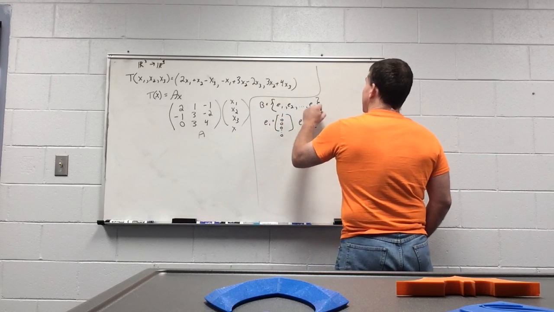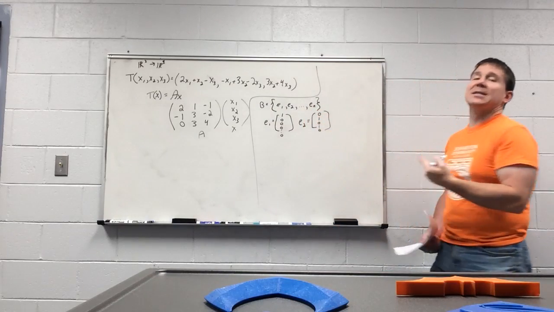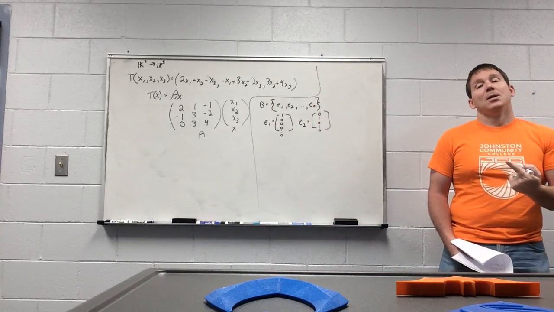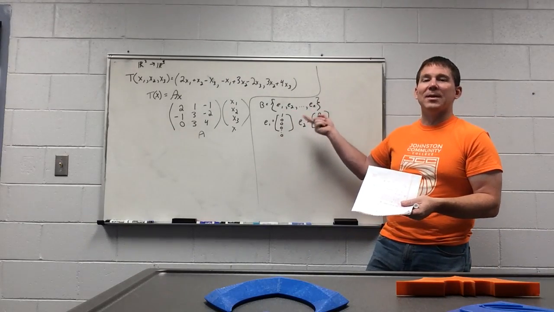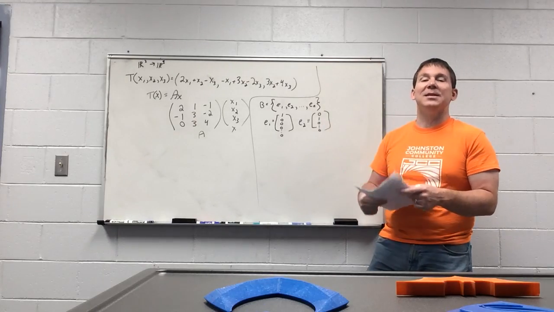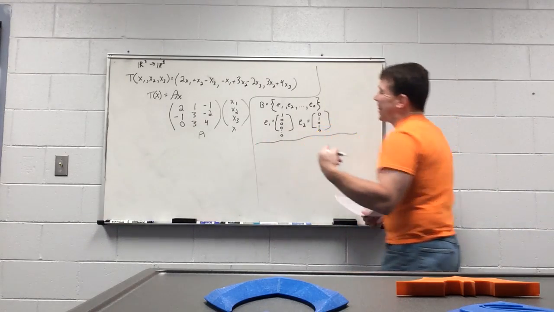E sub 2 is 0, 1, and then zeros everywhere else, etc. We're used to writing them this way. This is the shorthand way of writing them, with E sub 1, E sub 2, E sub whatever. Okay, but then